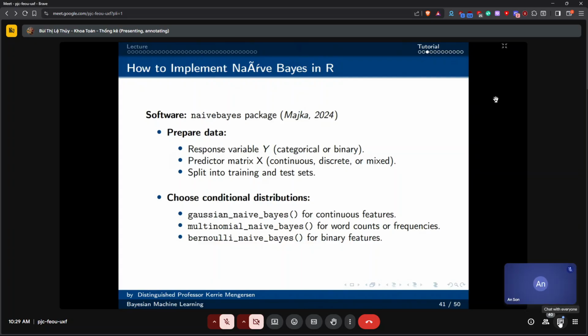Then we choose our conditional distributions. We can just run naive Bayes, as you saw in the code, and that's fine. Or if you want, there are specialized distributions you can have. You can have continuous features with Gaussian naive Bayes, you can have multinomial naive Bayes, or you can have Bernoulli naive Bayes. So in your own time, you can look through these options if you want to be more specific about the type of naive Bayes approach you fit.